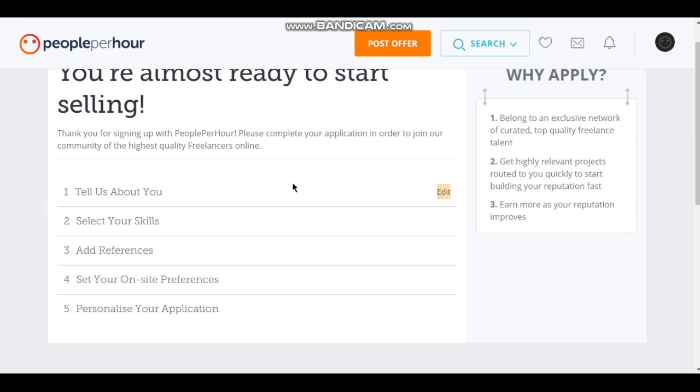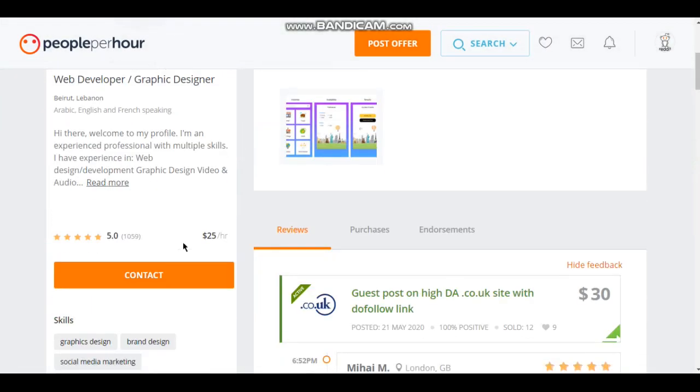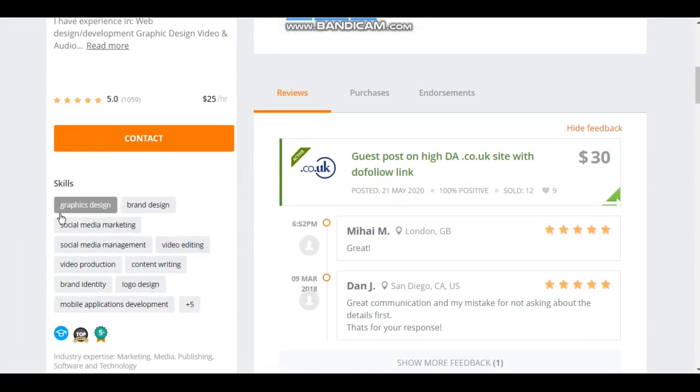Then you can see select your skills. If you do not know what skills to select, what skills there are for you to choose from, you can just still come back here to the guy's page. When you scroll down here, you're going to see his skills. So practically you can just type in all this, so that when people search on things like this, your page is going to pop up, your profile is going to pop up, and you can buy from you. So you just go to your select skills, you just type on these keywords and select OK, tap on them,